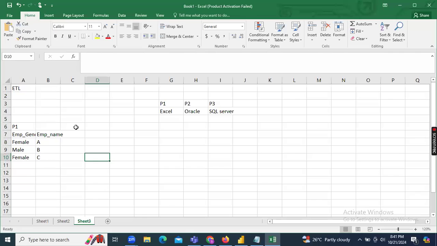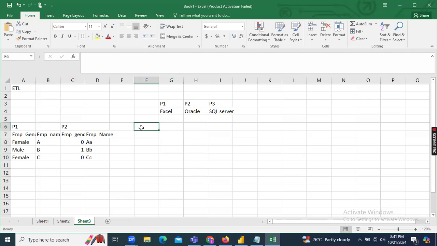But in project 2, as per security, they are using employee gender and employee name. If you observe the employee names, they are using some kind of names: AA here, and then BP, CC. And here they are using a binary format of 0s and 1s only. 0 means female, 1 means male, 0 means female, and 1 means male. They are using the 0 1 way.